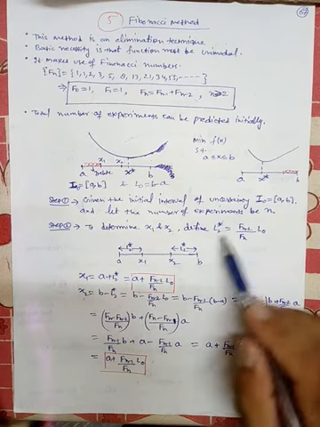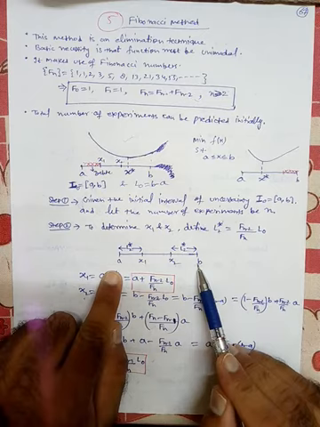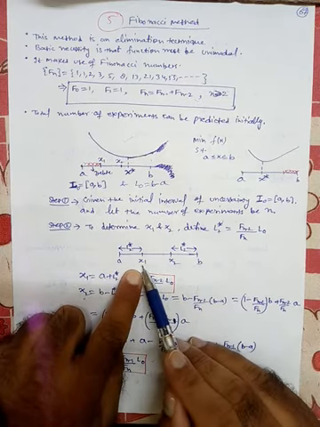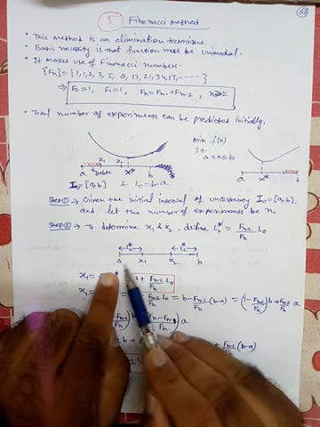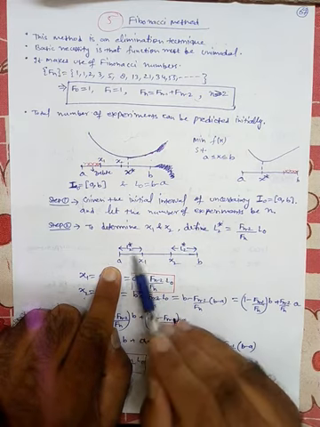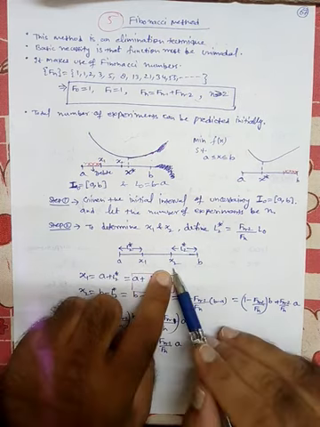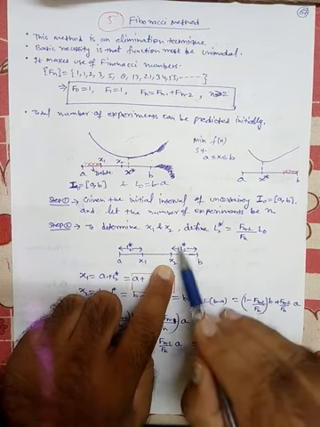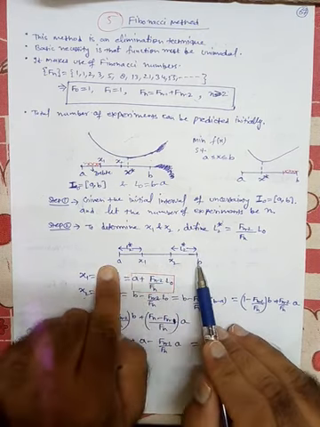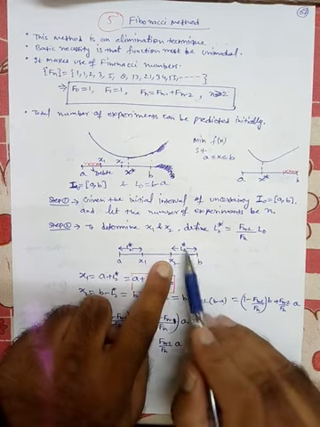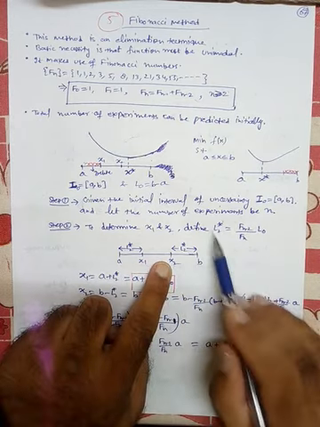What is the meaning of L2 star? Initially we have ab, then two points x1 and x2 are inserted such that the distance of x1 from a is L2 star. Similarly, the distance of x2 from b is again L2 star. So they are equally spaced from the end points, and this distance is L2 star.